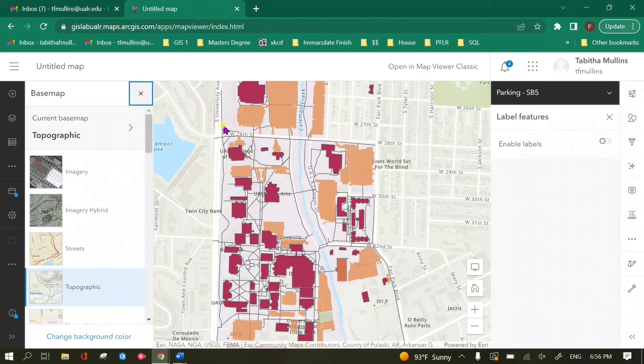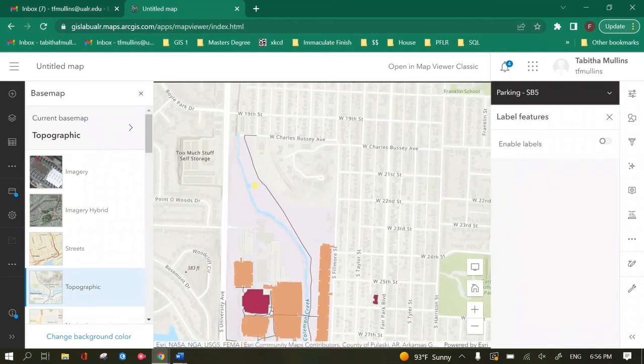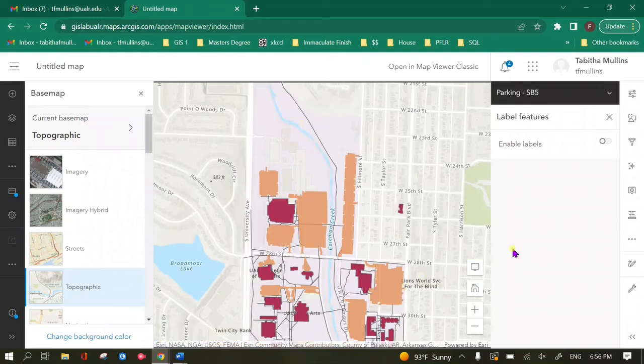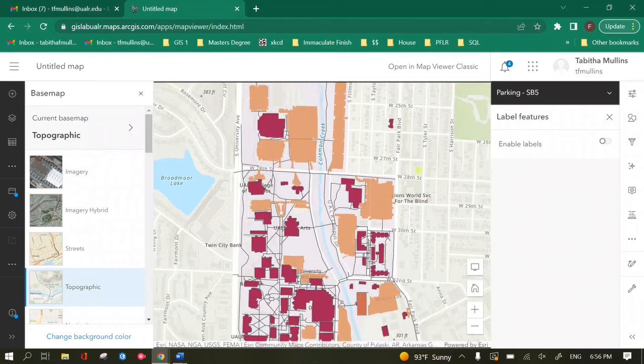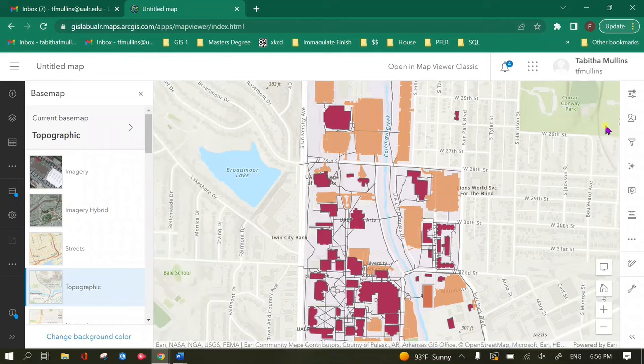So just upload either the stream centerline or the stream outline clipped to the campus boundary. If it is not clipped to the campus boundary or selected by location to the campus boundary, I guess I will be forced to take points off of your Skill Builder assignment. I'm not going to walk you through very much how to change the symbology for these layers. I know I haven't shown you guys how to do this in the web map viewer, but it's important for you to play around with this and try and figure it out on your own,